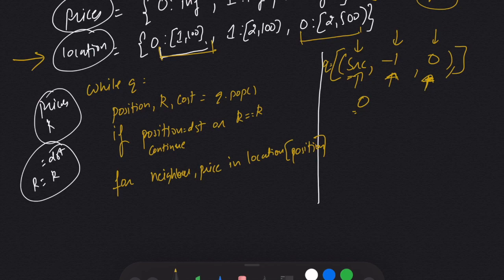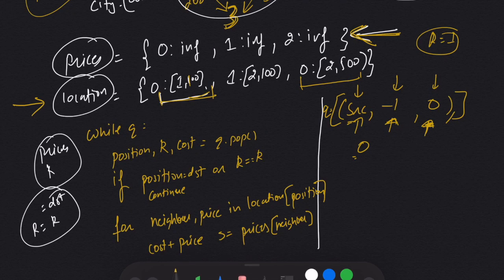So my initial cost plus the price I get from my neighbor, because this is how I can get it. So what is the price for the flight from 0 to 1? If this value is greater than the value I have in my prices, that means the prices for the neighbor,